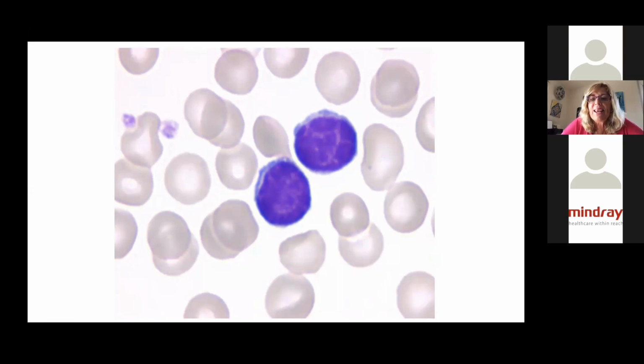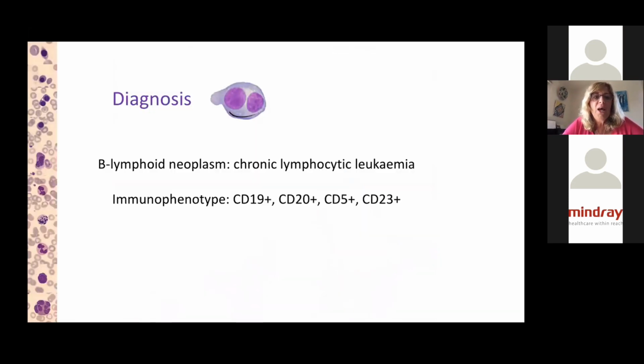You can see these white lines inside the nucleus; this morphological feature is very characteristic of the abnormal lymphocytes in CLL. So the diagnosis was a B lymphoid neoplasm, a chronic lymphocytic leukemia, and the